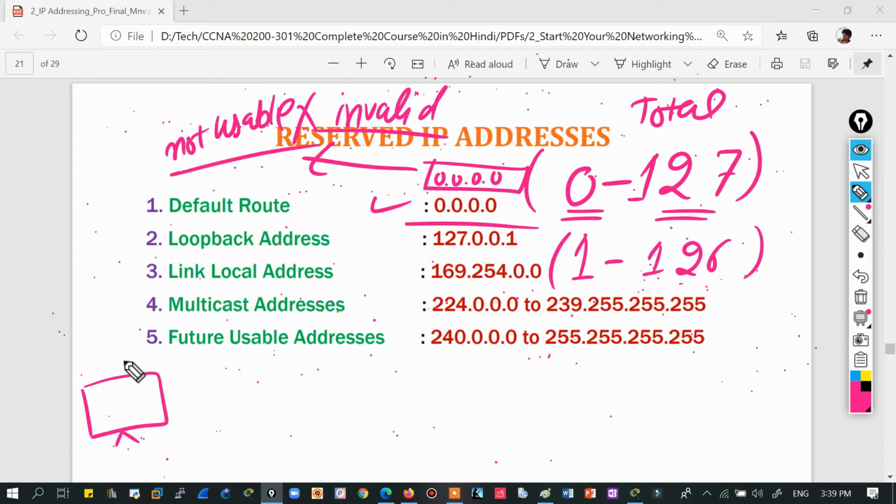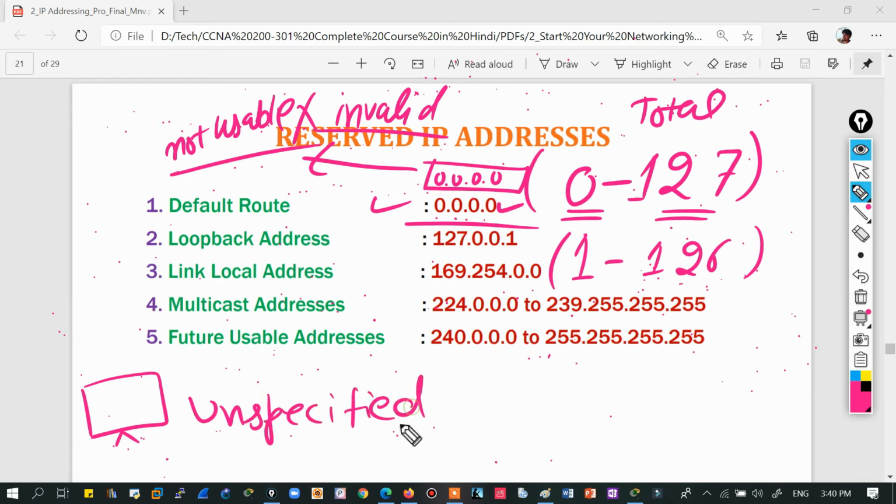When I installed the operating system for the first time, it has the network adapter installed, with the IPv4, IPv6, TCP/IP settings enabled. So when this PC has no address, it has this address, right? So this is the use of this 0.0.0.0. It is also known as the unspecified address.